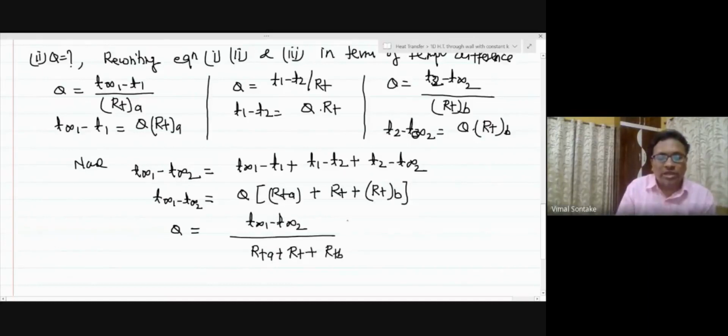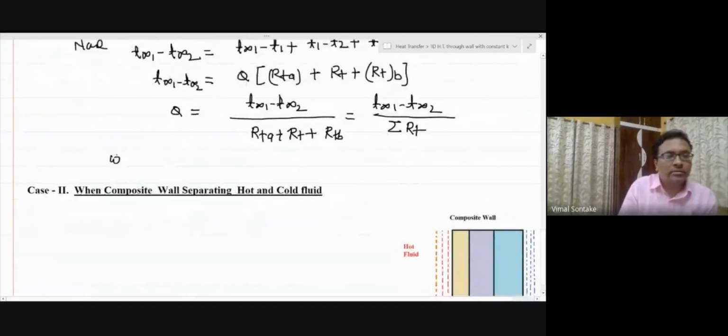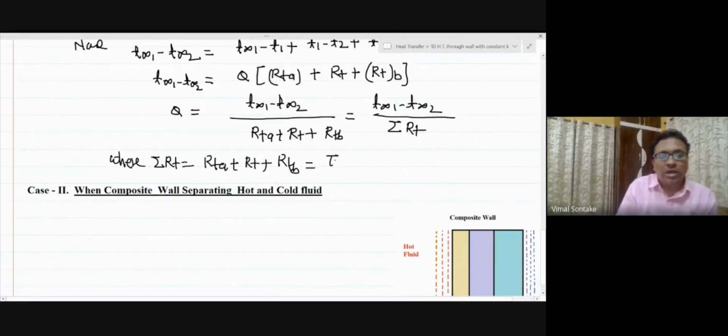Or I can also write it as T infinity 1 minus T infinity 2 over summation of RT, where summation of RT is equal to RTA plus RT plus RTB, the total thermal resistance